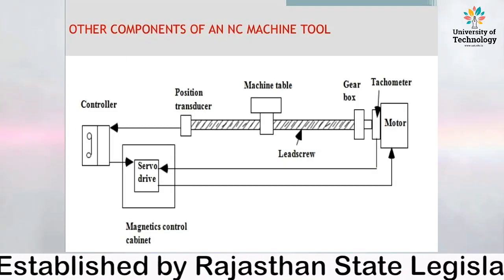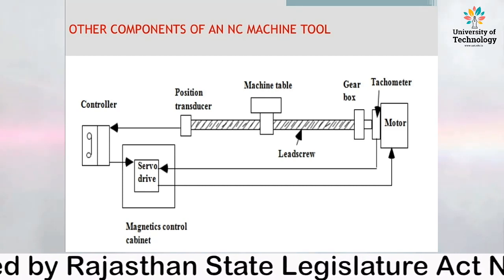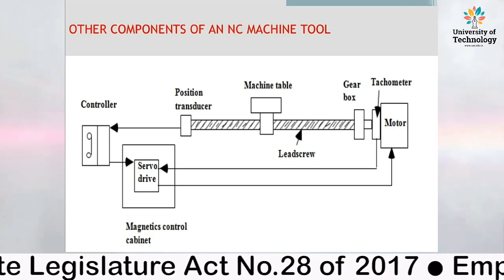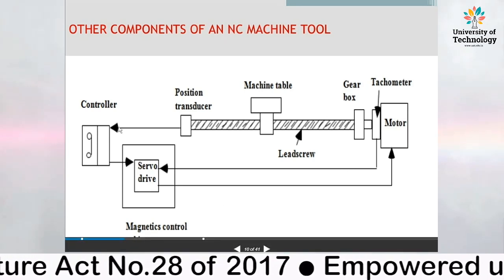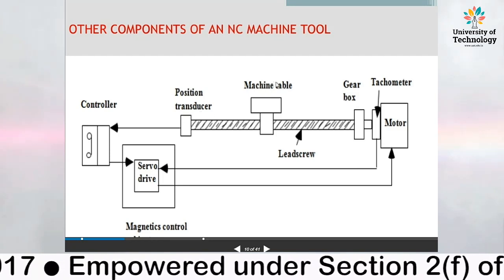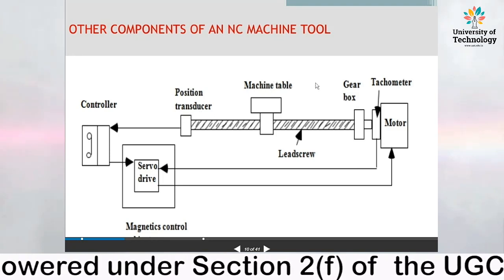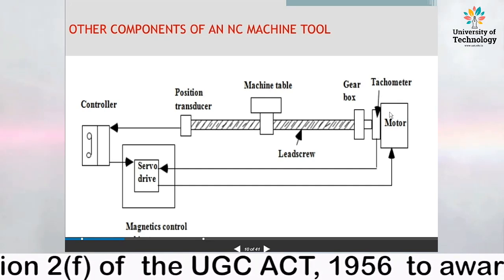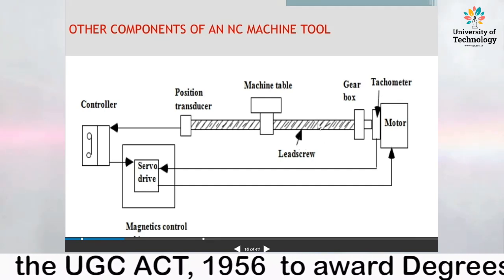Other components of an NC machine tool we can discuss here: you have a controller, the transducer, and the machine table as we can see in the slide, and the gearbox, tachometer, and motor, and the machine table moves on